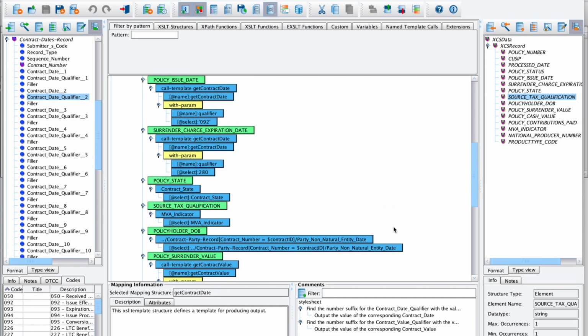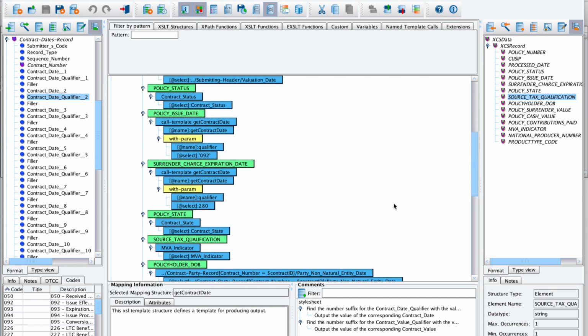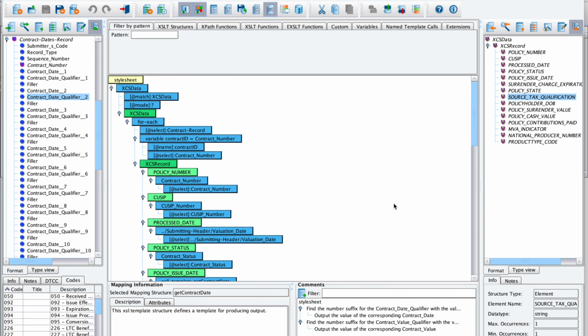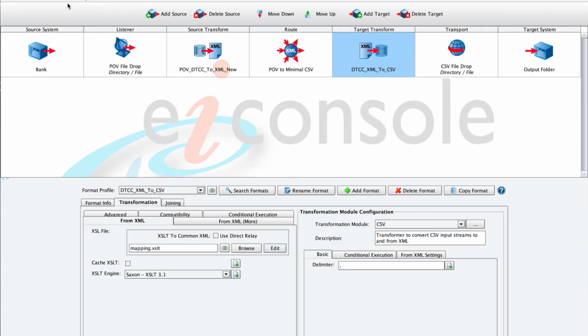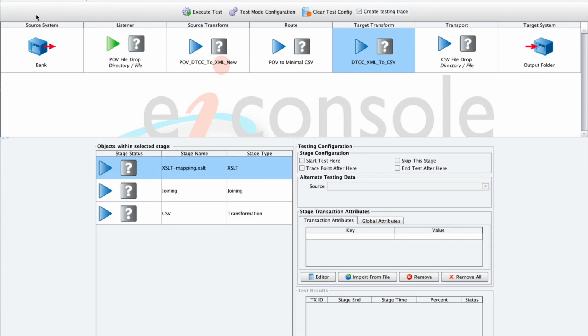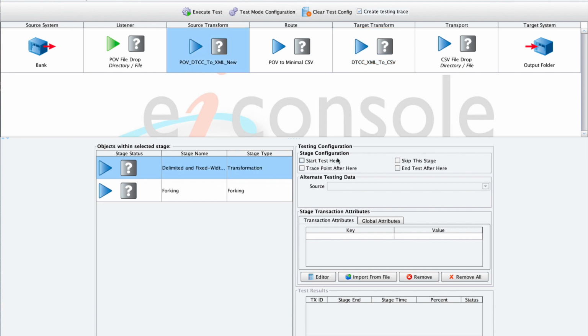These patterns can be seen repeatedly in various DTCC formats, but can be easily handled by the eiConsole and the data mapper. Let's leave the data mapper and go back to the test mode and take a peek at how this looks. Now in testing mode, I'm again going to start with my source transformation, but this time I'm going to allow